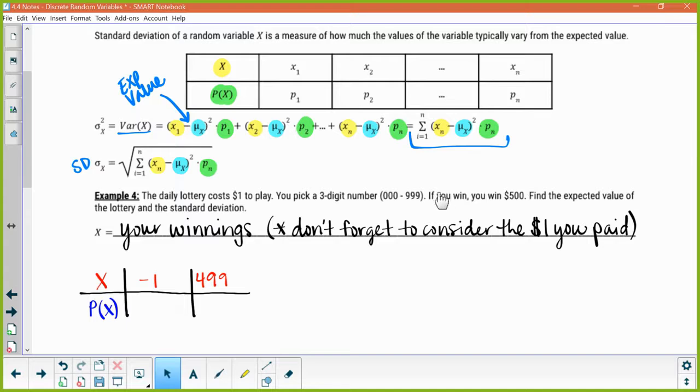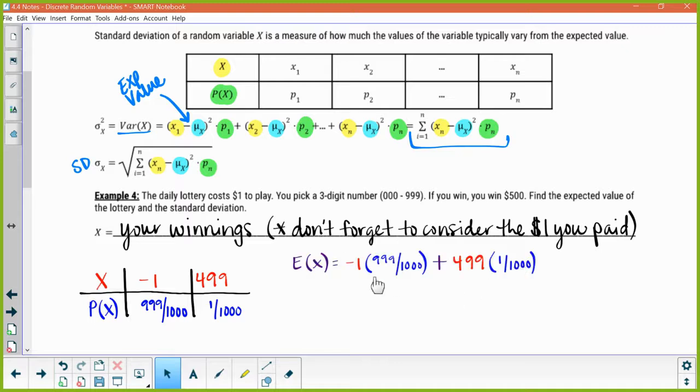So with these digits, there's 1,000 of them. Only one number is going to win. So I know my probability of winning is 1 out of 1,000. Probability of losing, much higher, 999 out of 1,000. So in order to get my expected value, I'm just going to take my outcome, multiply it times my probability, and add them together. So I get -1 times 999 over 1,000 plus 499 times 1 over 1,000. That gives me an expected value of